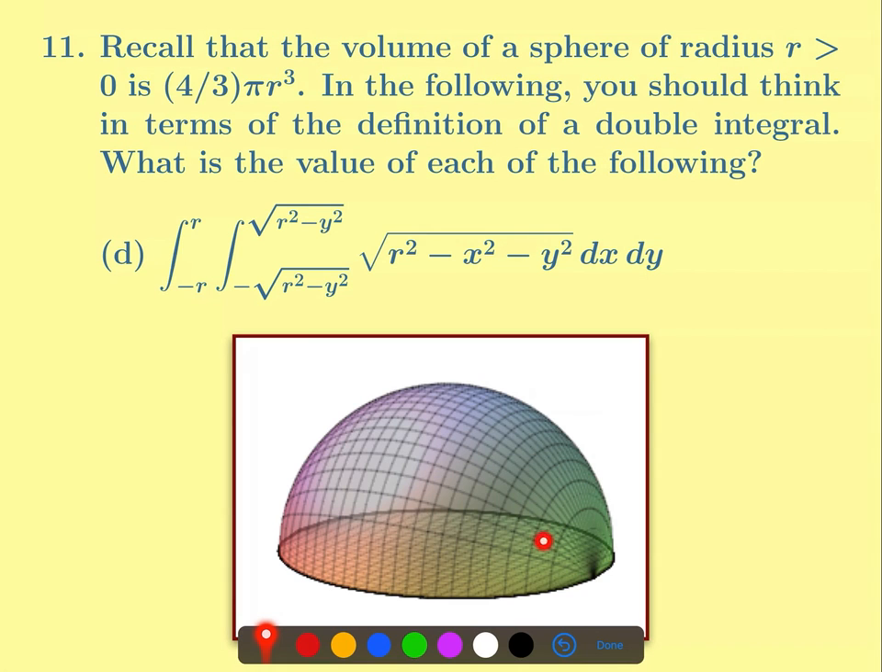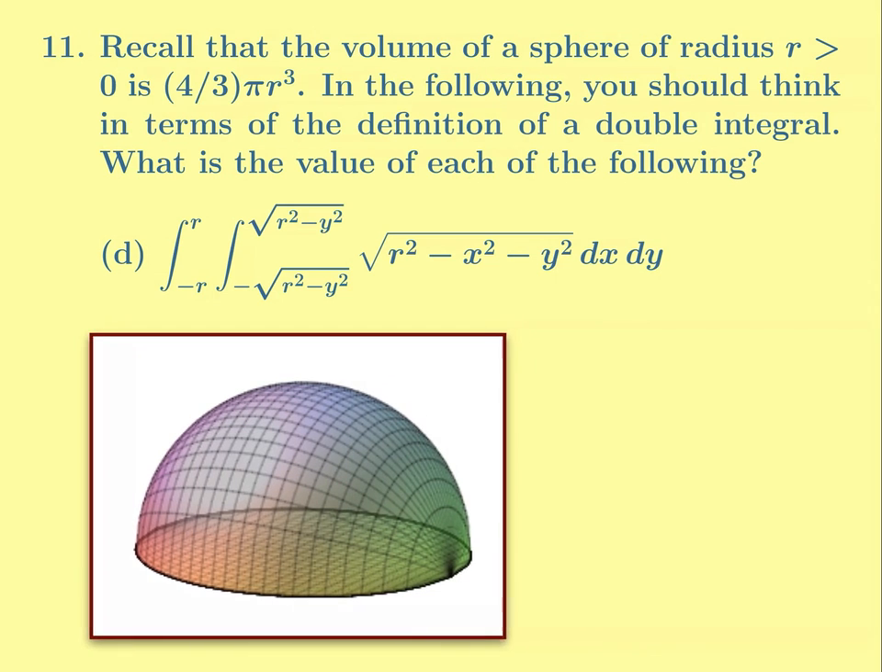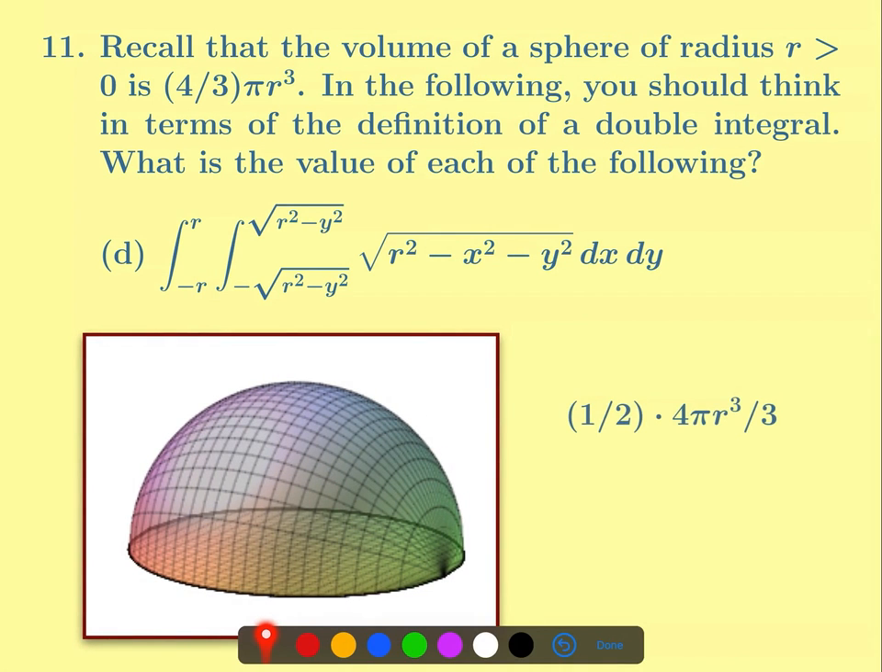The origin is right here. So we're going from minus r to r for y. For each fixed y between minus r and r, we want to take an x, and it's going from what looks like the back to me here, from minus the square root of r squared minus y squared to plus the square root of r squared minus y squared. And again, that might look different to you, but that's how I'm seeing this hemisphere. In any case, it's half a sphere, so we want the volume of 1/2 of a sphere